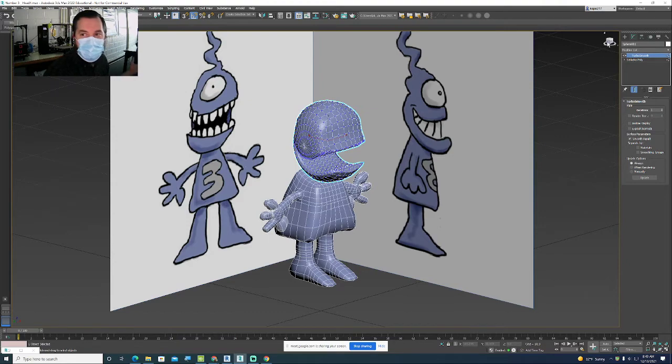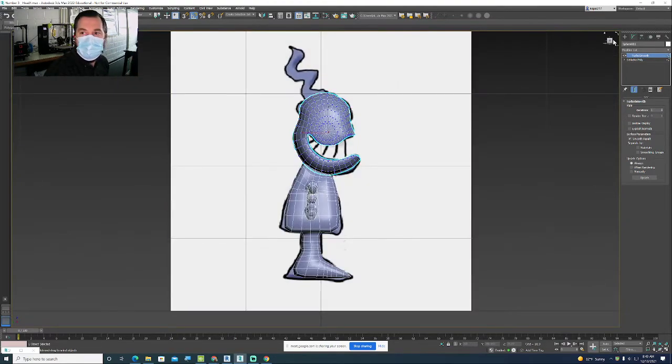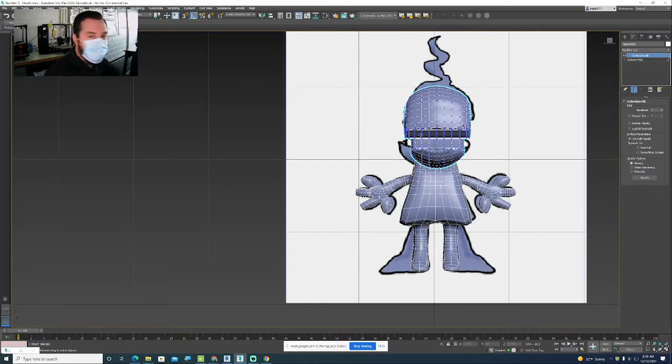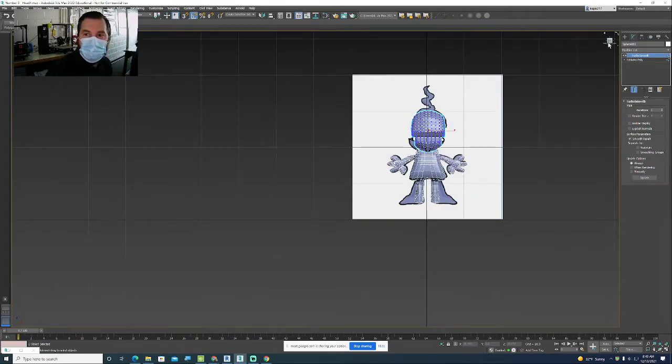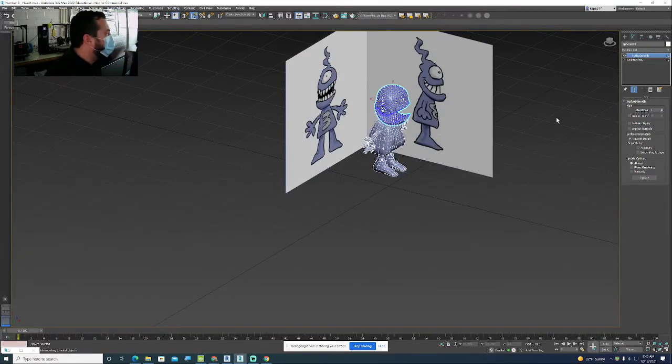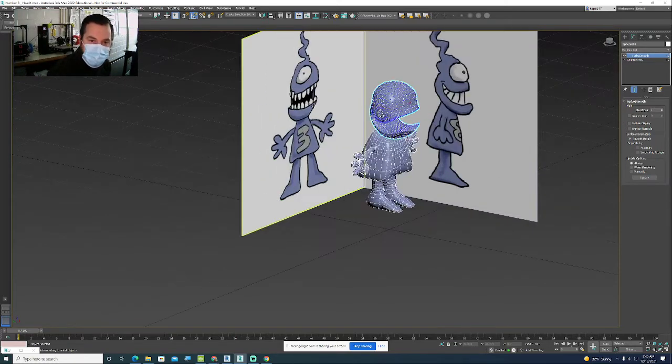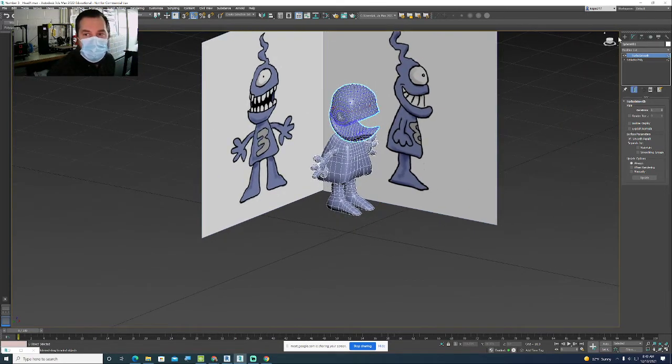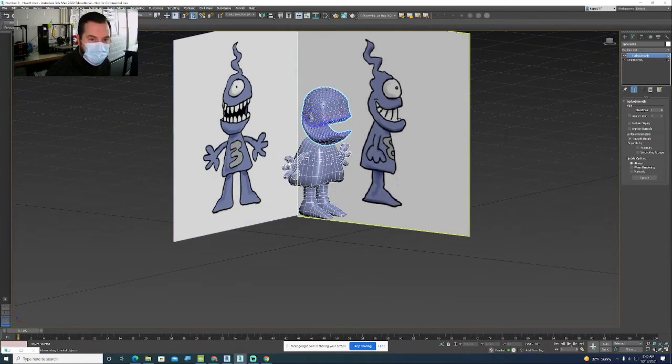All right, I have a good starting place already up on the screen just so you can see the direction that we're going. There's some stuff that can certainly be improved, but for the most part, we're just getting the general form of the head, where you can always go back and continue to add detail to it. So this character has a little swirl coming off the top. We're going to add that. We're going to try to factor that in. It's got one big eyeball, Cyclops style, up front. So we're going to put that in. And then he's also got some teeth, so we'll add that. And if you want to do any other kind of detail later on, you can work on that on your own. Okay? But I want to get you just started, getting the head in position